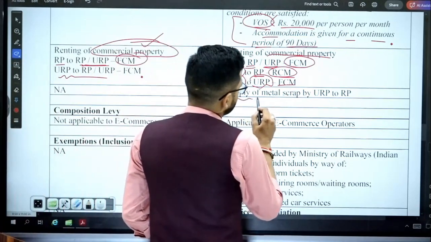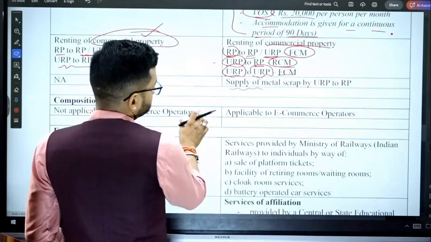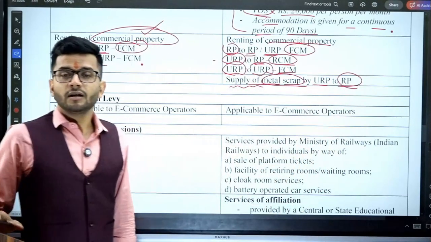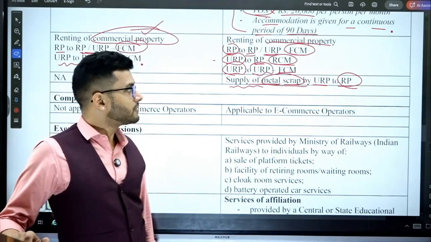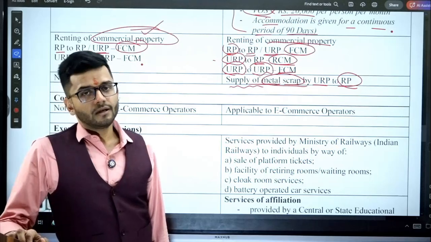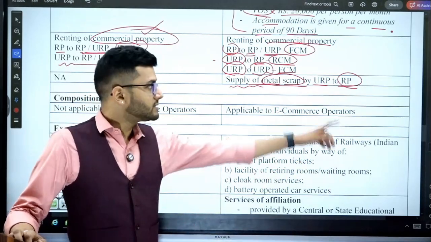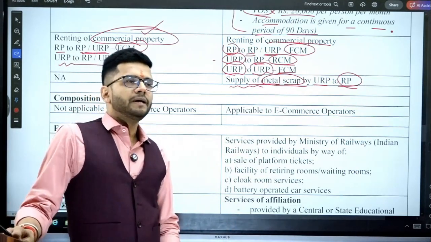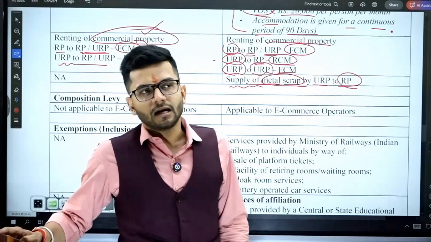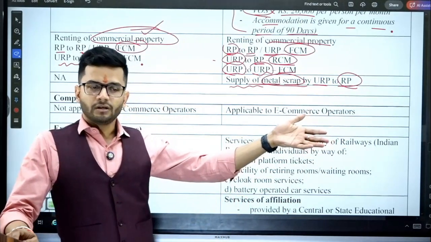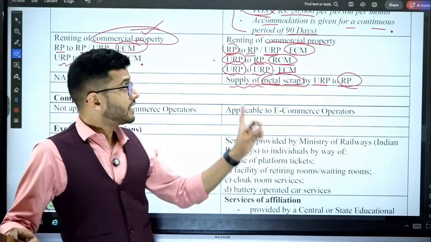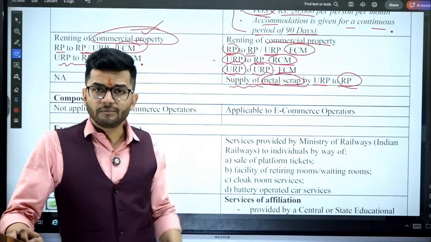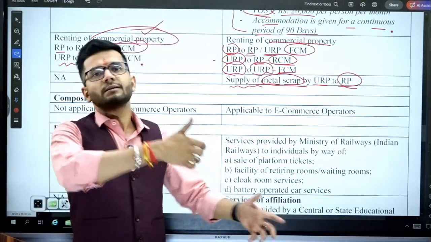Then one very important amendment which has come in the RCM section is, when there is a supply of metal scrap by an unregistered person to a registered person, RCM will be applicable. Under RCM, the registered person must pay the taxes. Now, what generally happens is, big companies like Tata Steel, Tata Motors supply their scrap to an unregistered person. So over here, a registered person is supplying to an unregistered person. In that case, RCM is of course not applicable. FCM will be applicable.